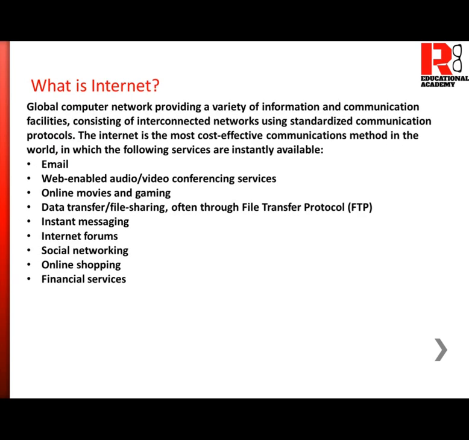What is the internet? A global computer network providing a variety of information and communication facilities, consisting of interconnected networks using standardized communication protocols. The internet is the most cost-effective communication method in the world, in which the following services are instantly available. For example, internet provides you email, and web-enabled audio-video conferencing services, for example, which we are using right now. One of the video conferencing services is called YouTube, online movies, and gaming,